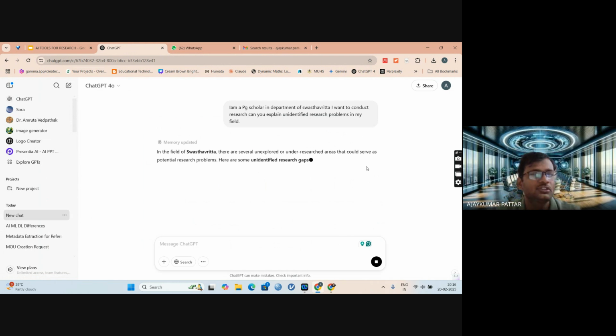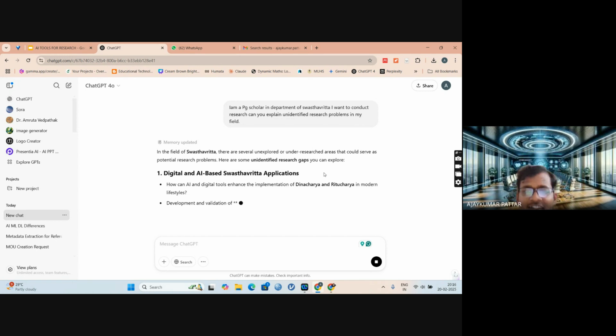In the field of Swastavritta, there are several unexplored or under-researched areas that could serve as potential research problems. Here are some unidentified research gaps you can explore.